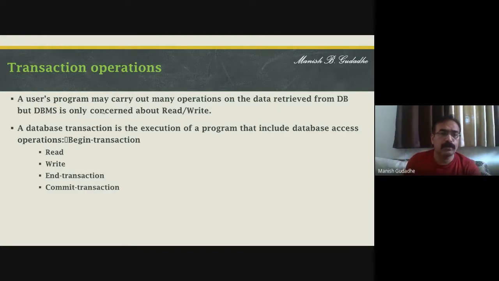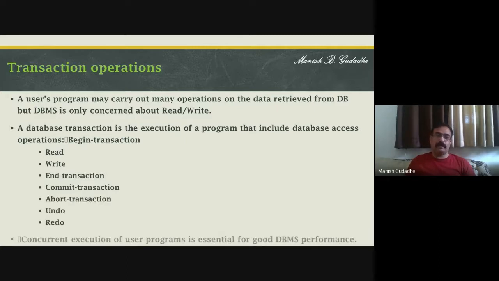Okay, so the transaction will be very simple. Begin the transaction, see the read operations, see the write operations, and end the transaction. Once the transaction is completed, then only commit the transaction. And also, if commit is not happening, we should be able to abort the transaction at a proper point, which will not make any damage to the previous consistent state of the database. We should be able to undo all the changes which are made, and probably we should also be able to redo all the changes which we have made.